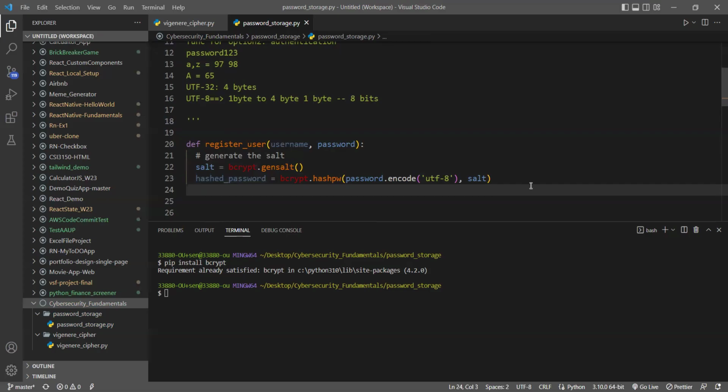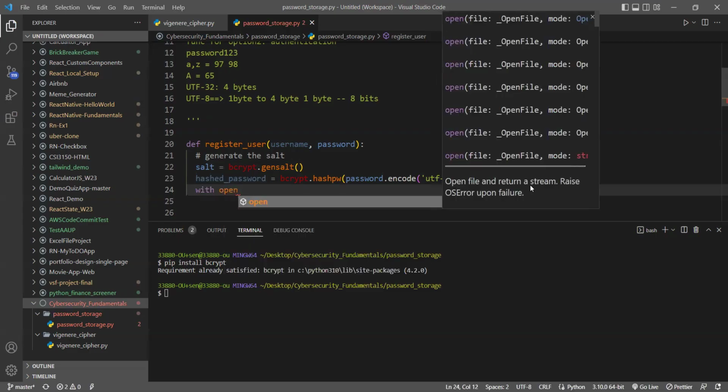So the way we do file input output using Python is using the file writer. There are many ways, but the one that we are going to be using here is the file writer. First I will write the sentence down, so it will be a little easier to explain what we are doing. So with open, you can see in the suggestions that have popped up,